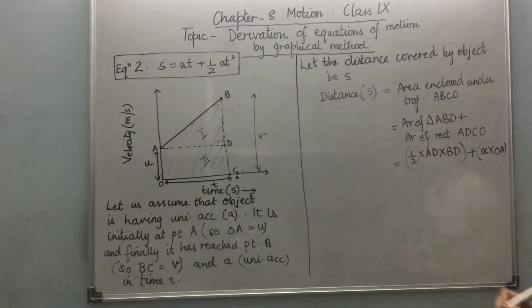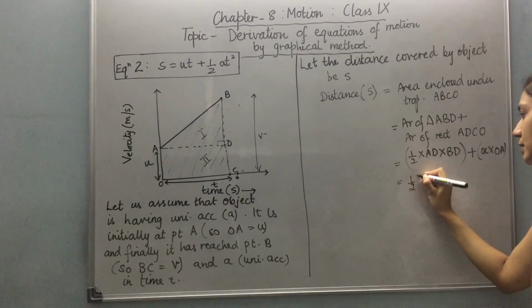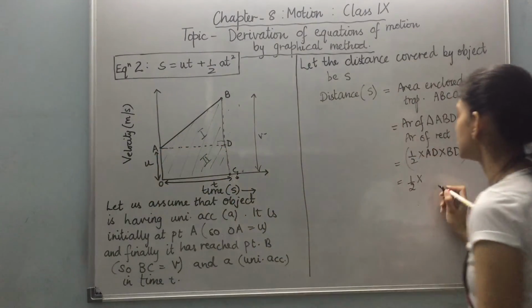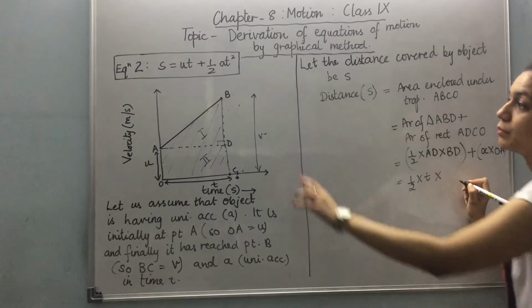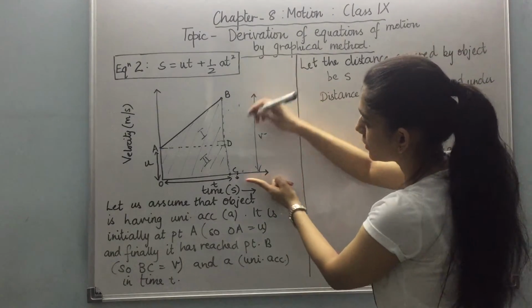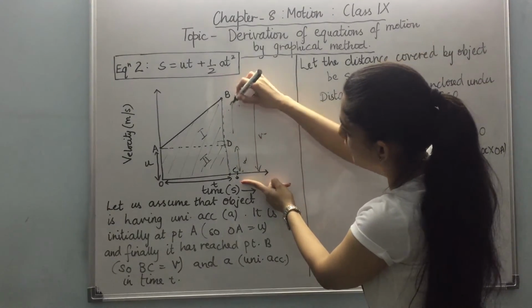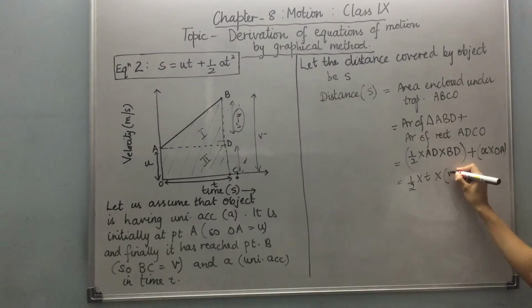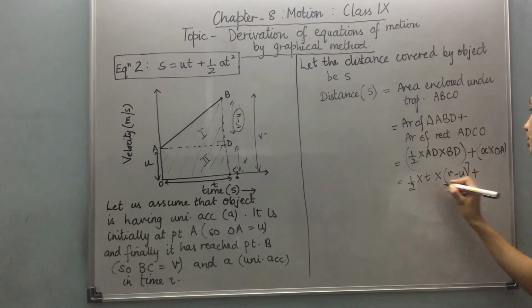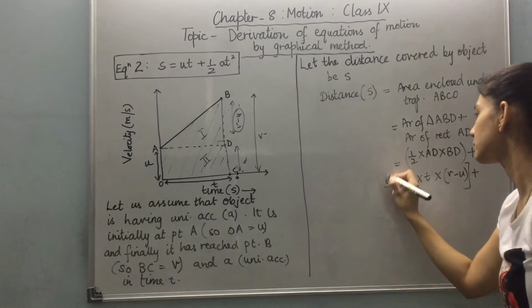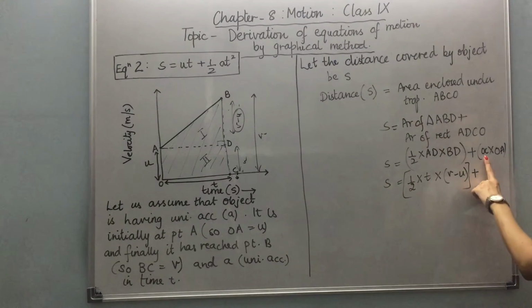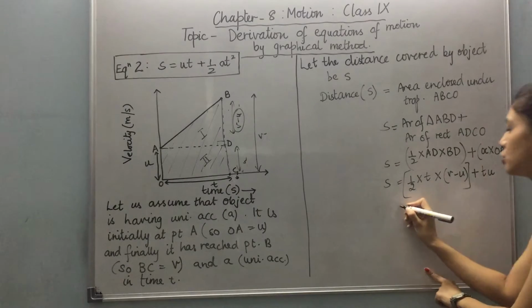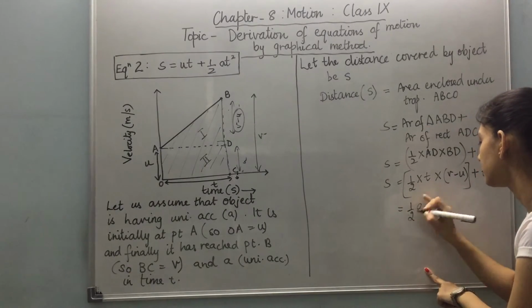Now we will substitute all the values. Half as it is. Instead of AD, AD is exactly the same as OC, so I can put T. BD, I calculated. This thing is V, this is U. So again BD is going to be V minus U. Please remember, not U minus V. And we are going to put a big bracket here. Here S is already everywhere. OC is again T. OA is U. So if I write it, I am getting